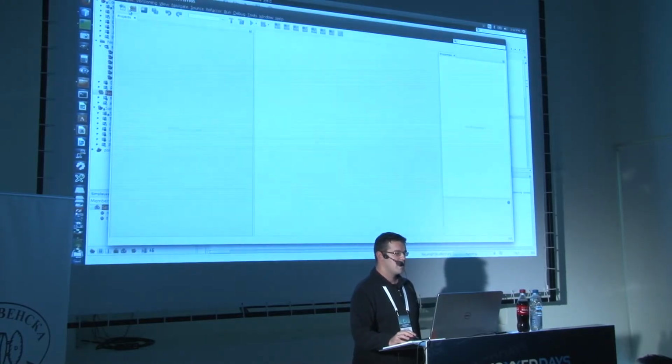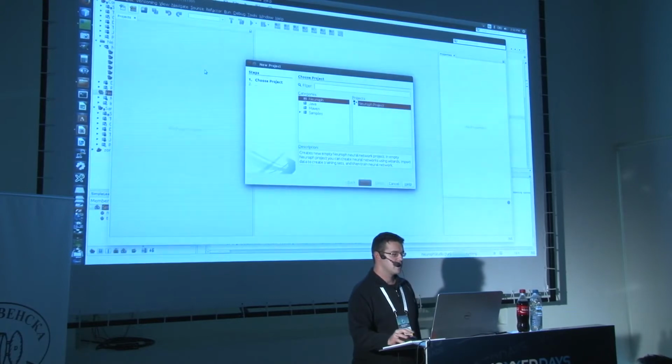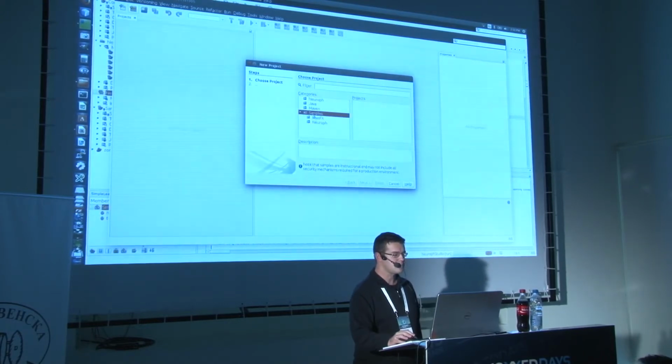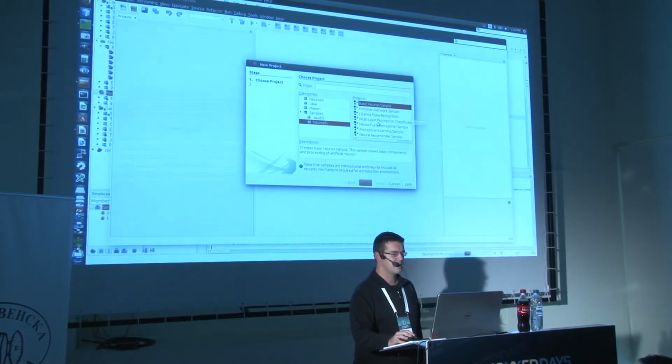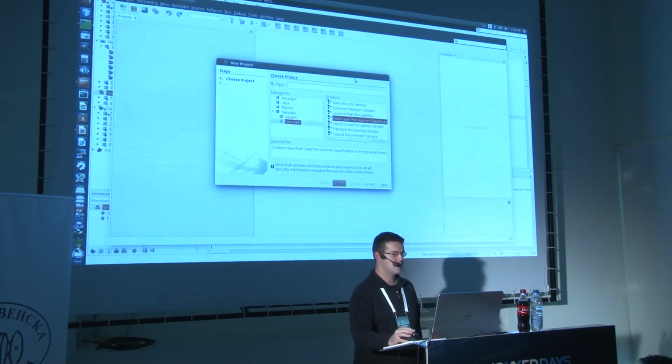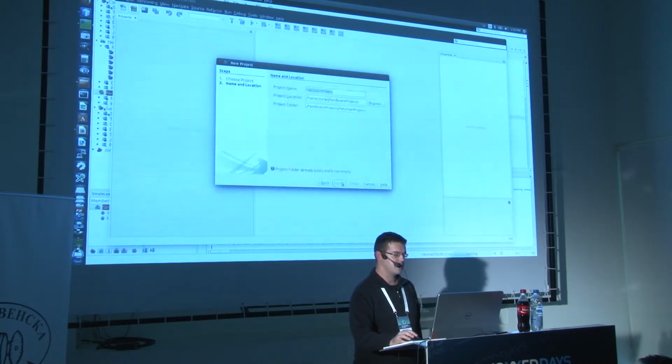In order to show you how a multilayer perceptron works, I'm going to run through a quick demo. We are going to create a multilayer perceptron for a classification problem. What you see on the screen now is a wizard in Neuroph Studio for creating a sample multilayer perceptron classification.